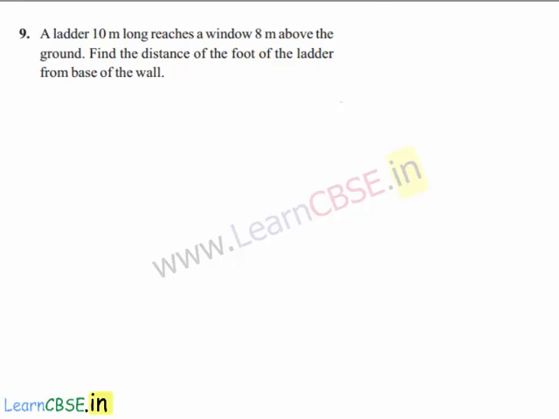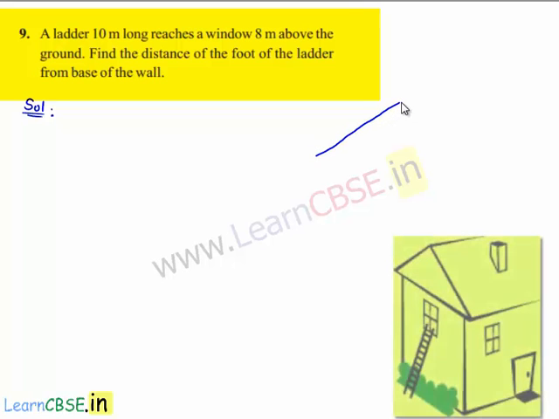Moving on to the ninth sum. A ladder 10 meters long reaches a window 8 meters above the ground. Find the distance of the foot of the ladder from the base of the wall. Now moving on to the solution. He says that a ladder 10 meters long reaches a window 8 meters above the ground. So let us assume the ground,